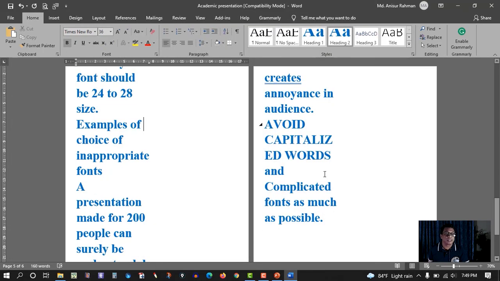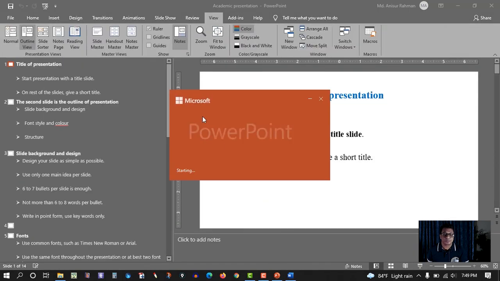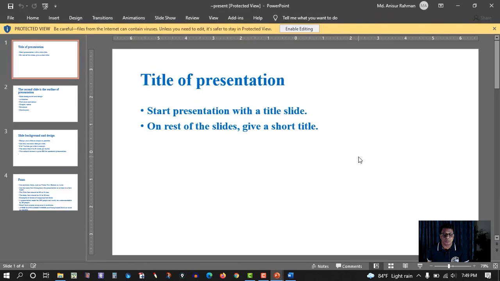After that, you will find the icon here. This icon actually converts your Word file into a Microsoft PowerPoint. So just simply click this icon. So as you can see, your MS Word file is converting into Microsoft PowerPoint.